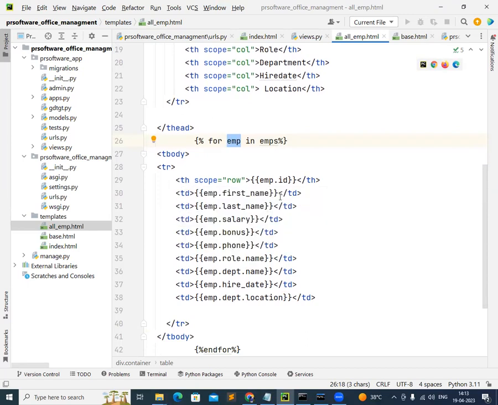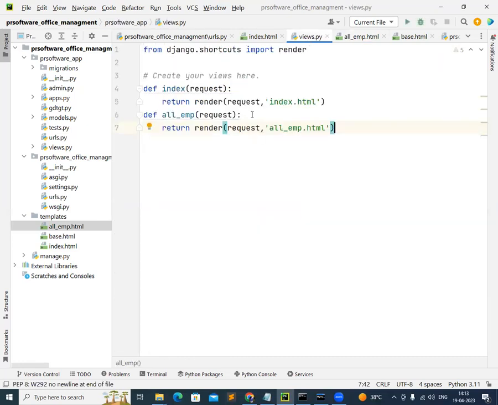So from where does it need to take the data? It needs to take it from emp.id. Did we create any emp.id? No, right? So go back to the views and try to create emp.id, and check the validation for this. For this, we'll create a variable called emps. Inside this, let's write